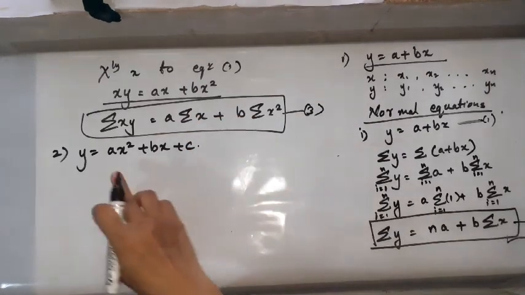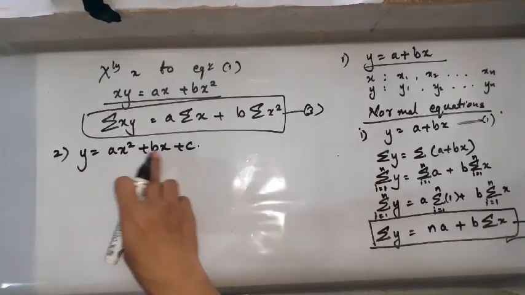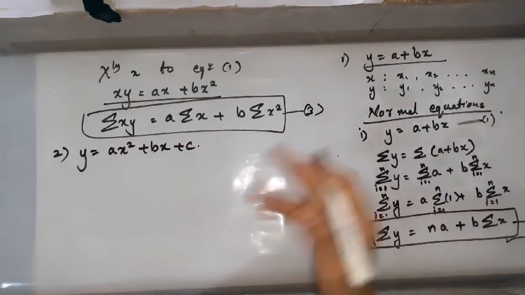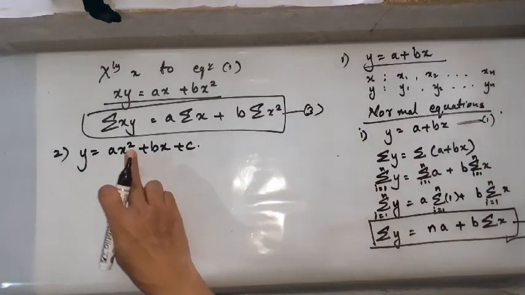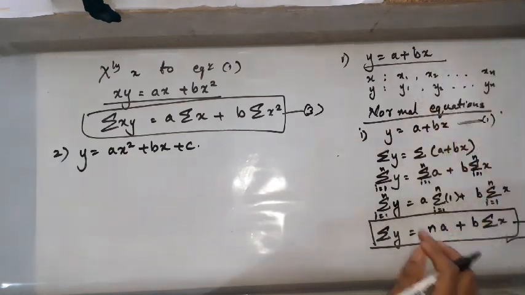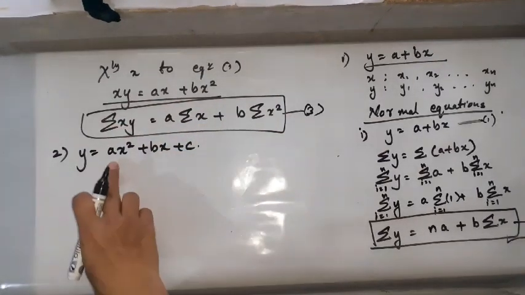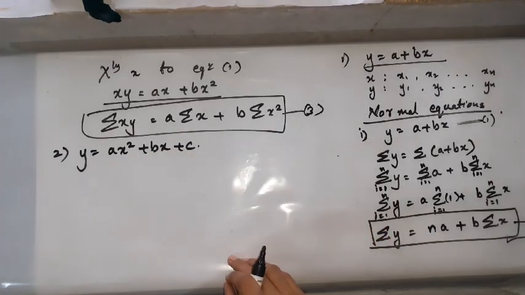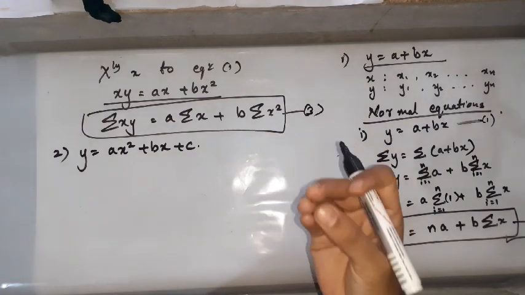Since I told you, whenever it's an algebraic equation and the powers are very low, you can easily apply summation on both sides and then simplify to get your normal equations. Earlier it was only x in the equation, so you multiplied x once to get one more normal equation. Here it is x square and there are 3 unknowns, so you need 3 normal equations, because to find 3 unknowns you need 3 normal equations.